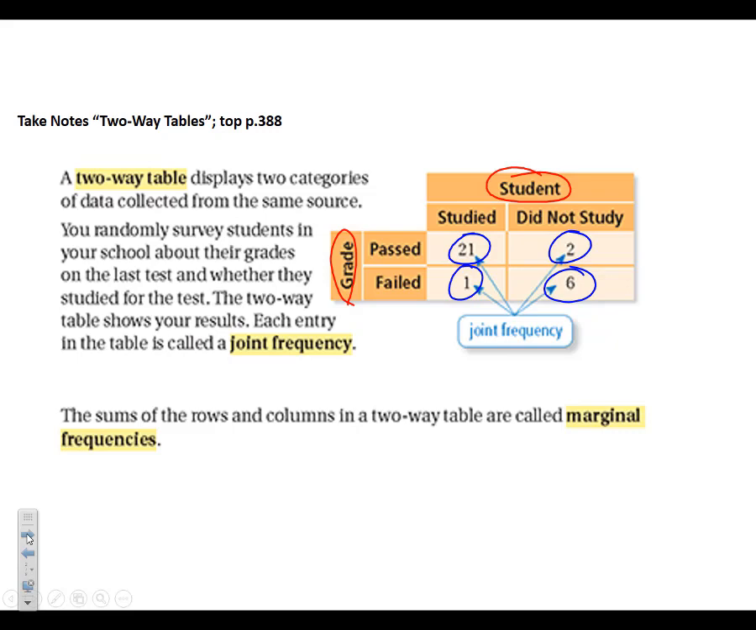Okay? And so when we look at these two categories, students, you can see whether they studied or not, and their grade, whether they passed or not. So we're going to talk about that first in this video, and then we're going to talk about the next thing, which says the sums of the rows and the columns in a two-way table are called the marginal frequencies. So we'll get to that in just a moment, but right now let's talk about these joint frequencies